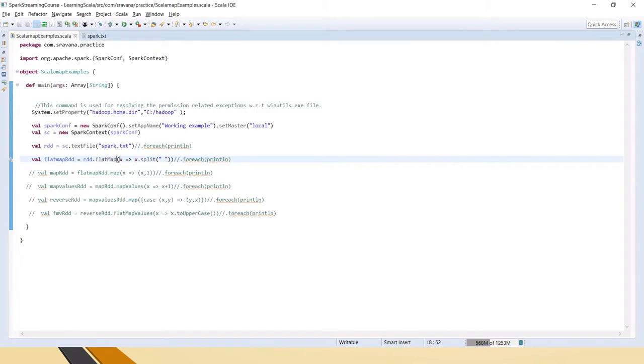Once it is done, if I place the cursor here, you can see that it's again an RDD of string, which means the type is not getting changed in the flatMap RDD. Now let's print this and see what exactly it will have.